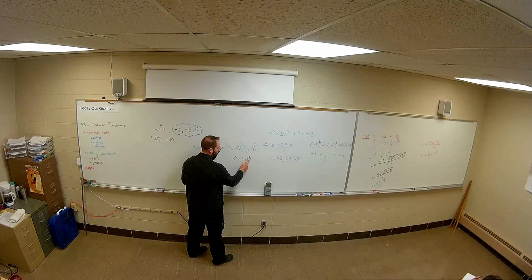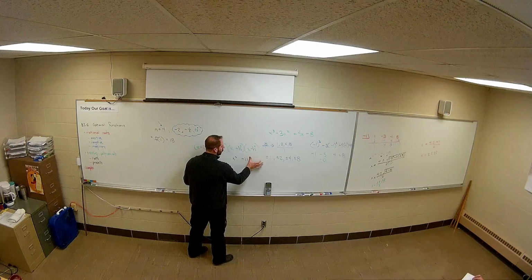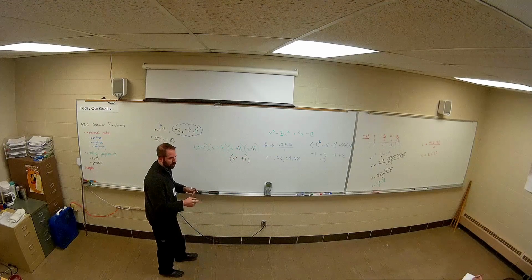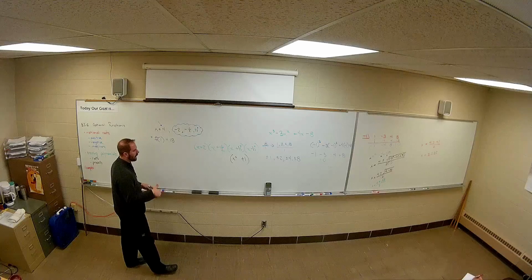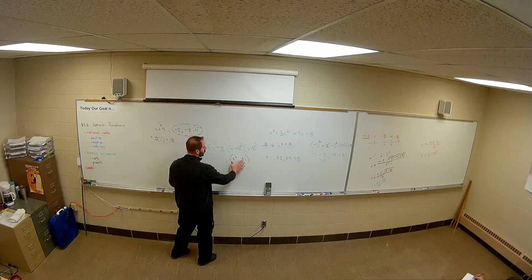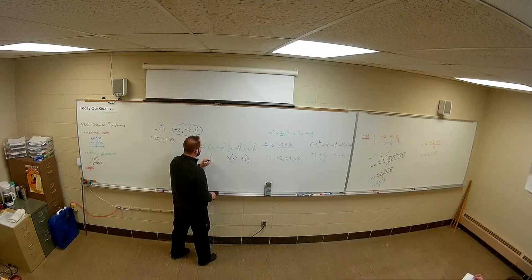Now what is an i squared? That is a negative 1. So what's negative 1 here times negative 1? Positive 1. That's what that parenthesis actually is. So you FOIL first, outer, inner, last. The i's would cancel because i squared is a negative 1, and you take that times negative 1 that was up front of it. And now what we have to do is we have to multiply it on the rest